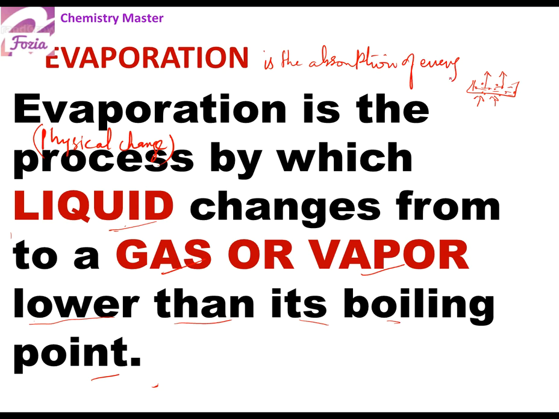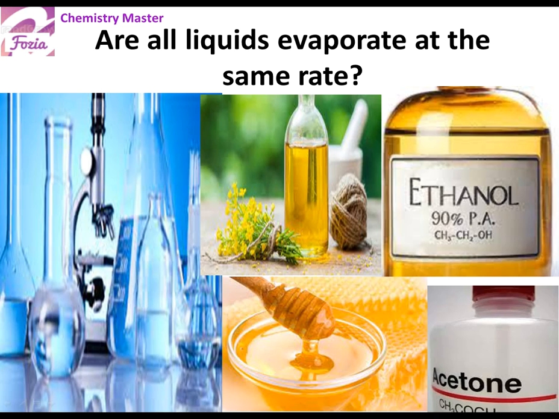When water particles absorb energy, they escape from the liquid phase into the gaseous phase, into the vapor phase, and we say that water is evaporating. Now we see there are so many kinds of liquids in our use. Sometimes the liquids are aqueous, meaning containing water, like the water we use in cooking, drinking, and juice making, and medicines also have water in them. And sometimes we have very sensitive liquids like ethanol and acetone.